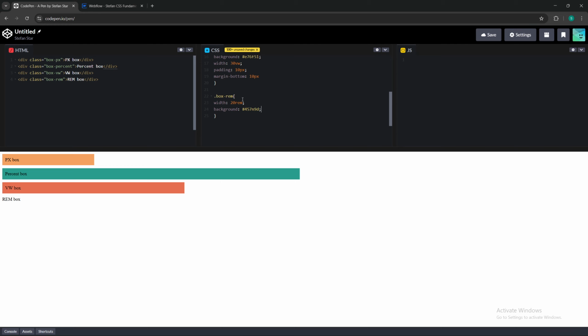Okay, and it has a color now, but we can't see it, so we did something wrong. What did we do wrong? Box rem. I think the target is fine with 20 rem. Maybe I really should give first the